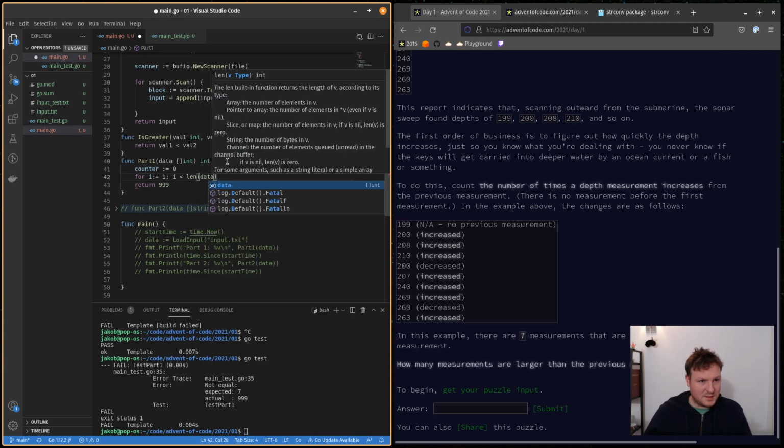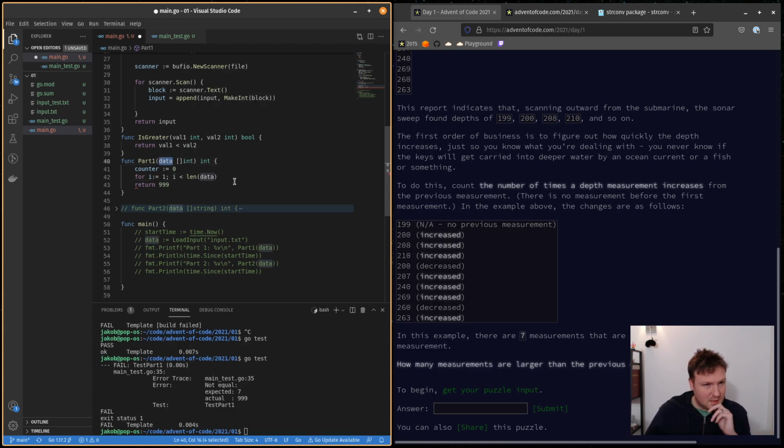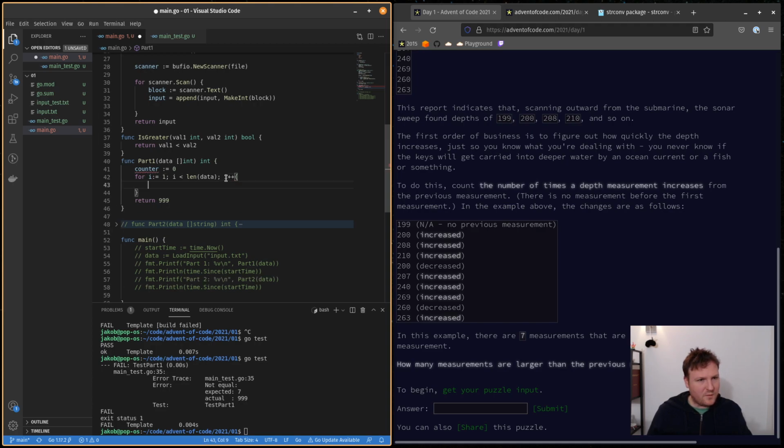That's what we're passing in as the data that's coming in, right? And then we will increase that by 1 every time. All right. So we got our for loop here,